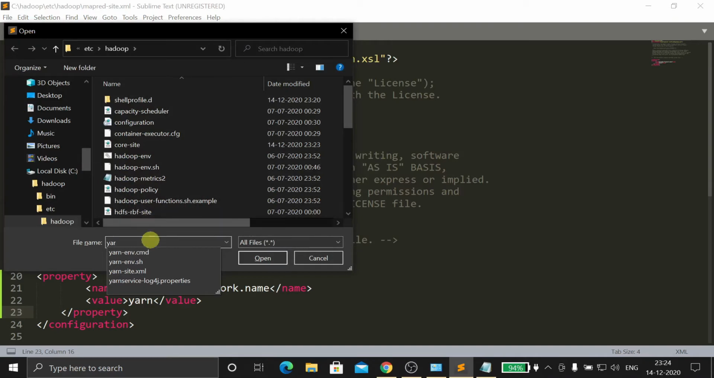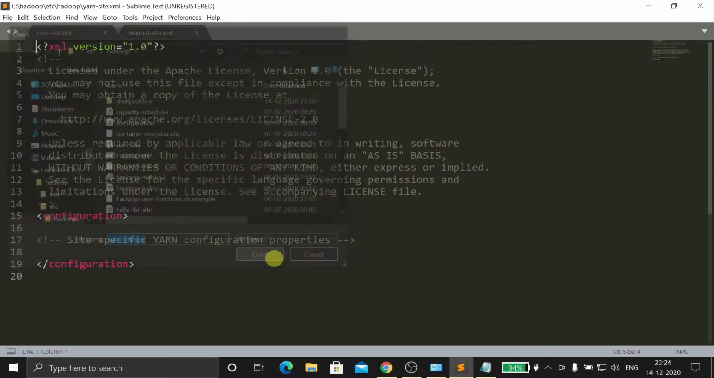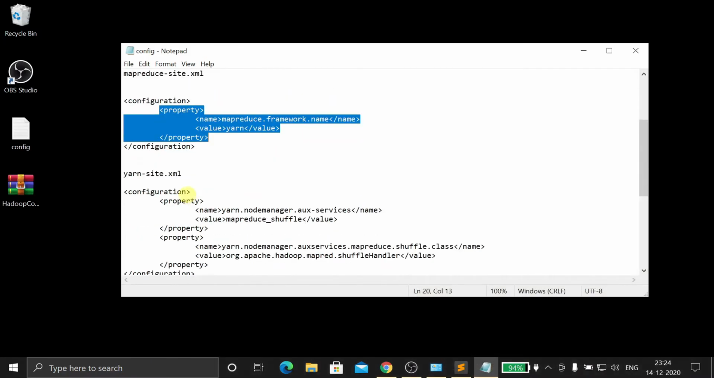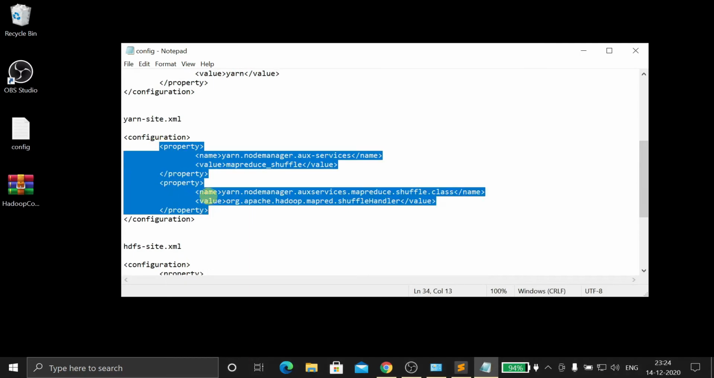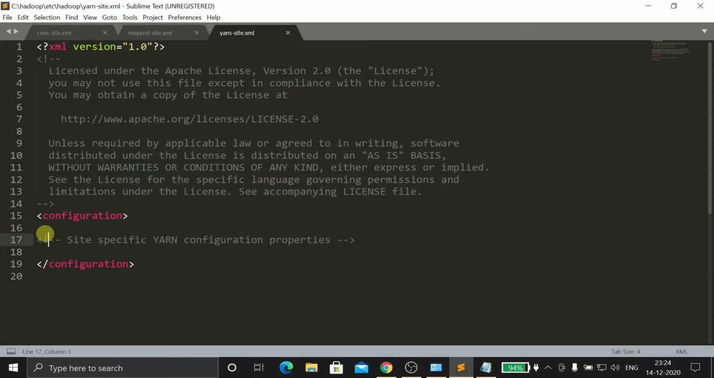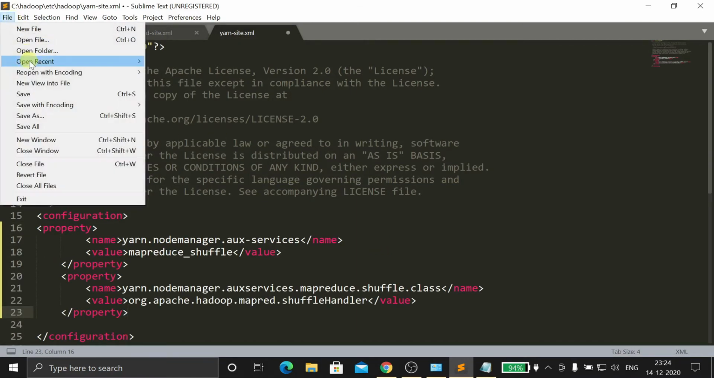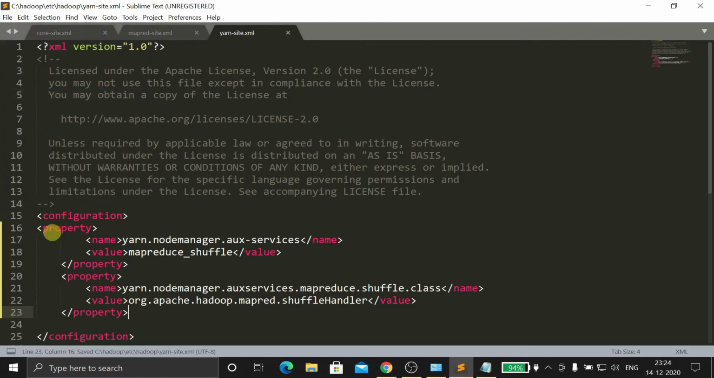Yeah, this is the file yarn site.xml. Open. Yeah, see, here also empty. Now go to the notepad file, from property to property, copy and open Sublime. This is the comment, so you can delete it. Delete, Control V and save the file. Save the file. Now another file, fourth file,